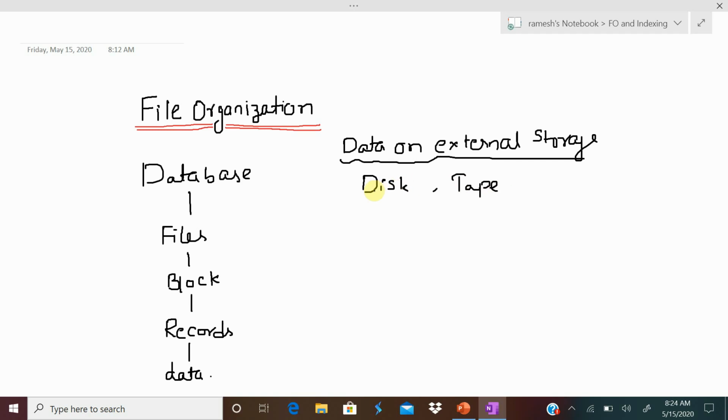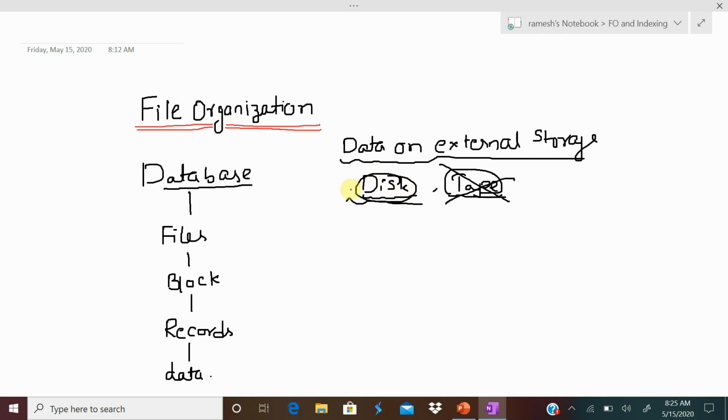Disk storage is used for both read and write operations, and tape is for sequential reading operations. Because a huge amount of data is to be stored in the database system, nowadays tape storages are outdated and are not used anymore. We will be using disk storage, so our database has to be stored in disk blocks.